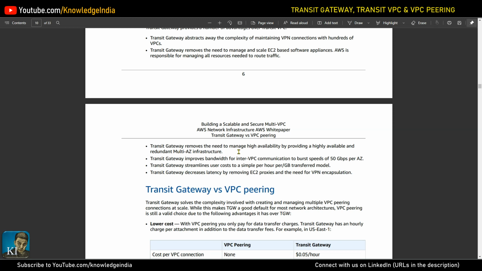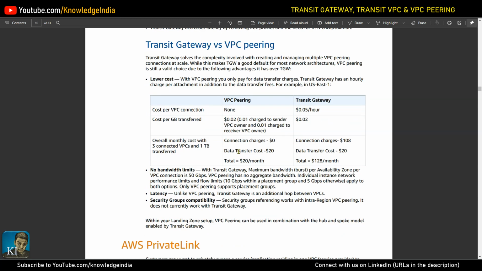Now, though Transit Gateway is surely better in comparison to Transit VPC, if you compare Transit Gateway with normal peering, then there are certain points which you should keep in mind. There are a few things where it would look like it would be better if you go ahead and use peering, right? So let's try and understand that. First of all, Transit Gateway has certain additional cost, right? So if you look at this cost which we are talking about here, in case of VPC peering, if you just do the VPC peering, there is no cost. But in case of Transit Gateway, there's